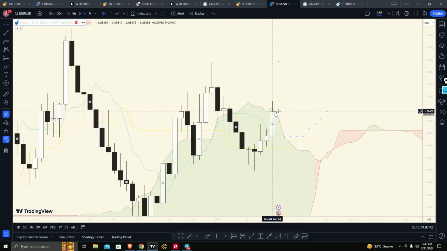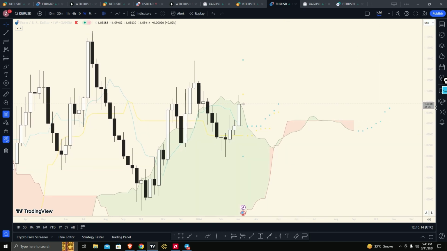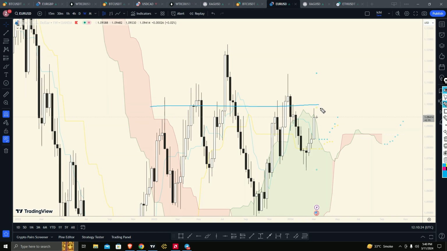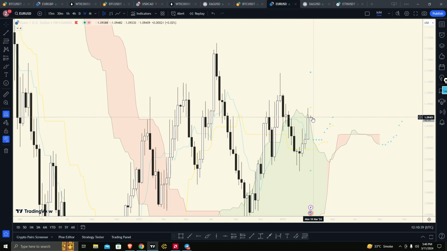Weekly, you can see that the Euro USD has had a weekly Kumo breakout. That is actually very bullish, but the caveat here is that if you look at the future cloud, it's extremely flat. And that has happened due to the market being in such a bad range. So one can just look at that and say it's bullish, but then you come back here and say it's actually choppy. It is bullish, but it is choppy. So yes, longs are advised, but not any kind of longs where you bet on the market making a macro high. None of those longs.